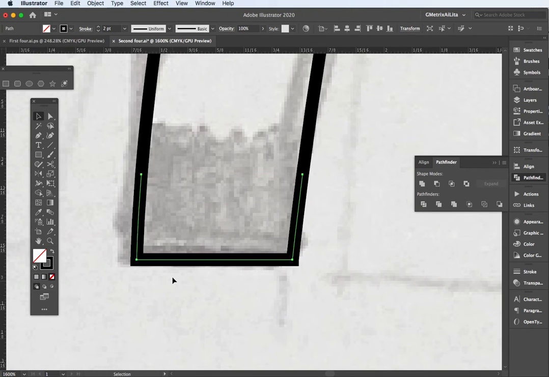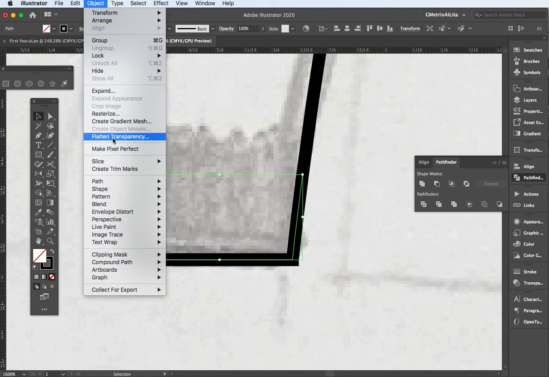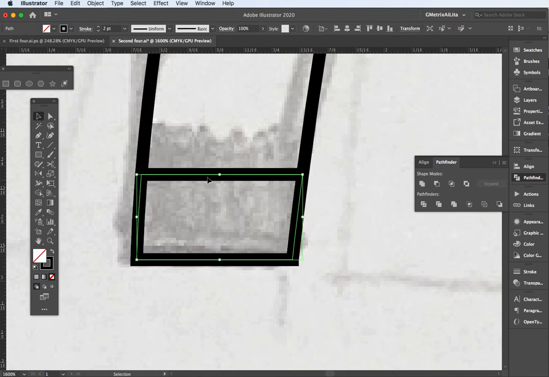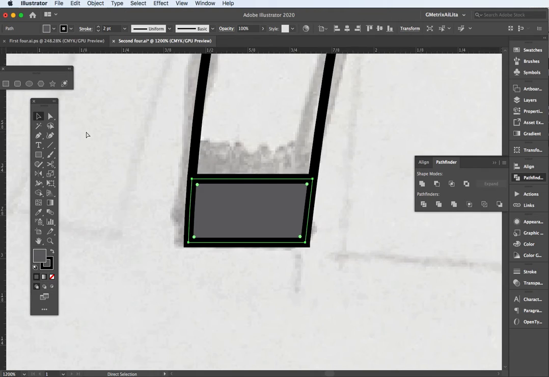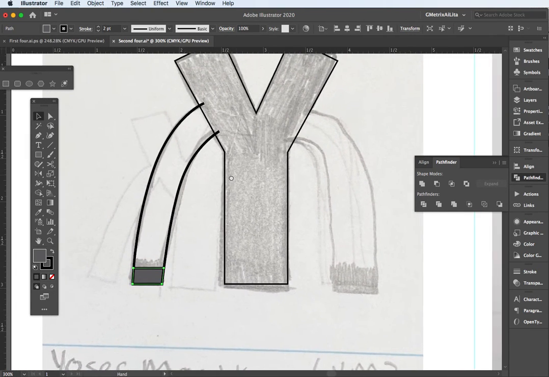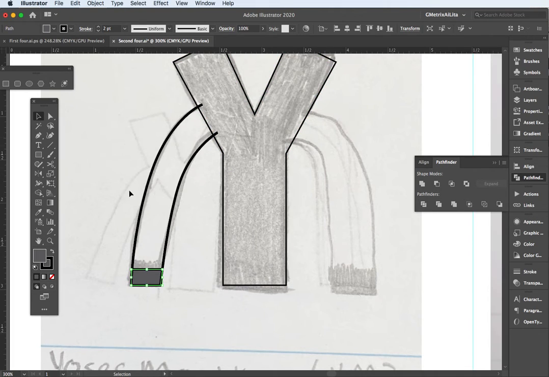So I just move it, but put undo, and it puts it exactly back to where it belongs. And then I can go to Object and Path, and I can join this or hit Command J, and it'll make that connection. Okay? And then that way I can fill that up with a color. In this case, it's just going to use it as a value for starters. So I'll just make it a gray shape. So I'm just going to zoom out and come down this way here and see what I have. So now I have this shape,